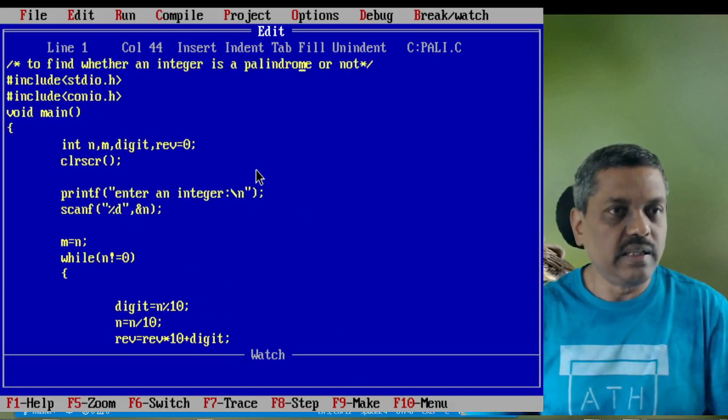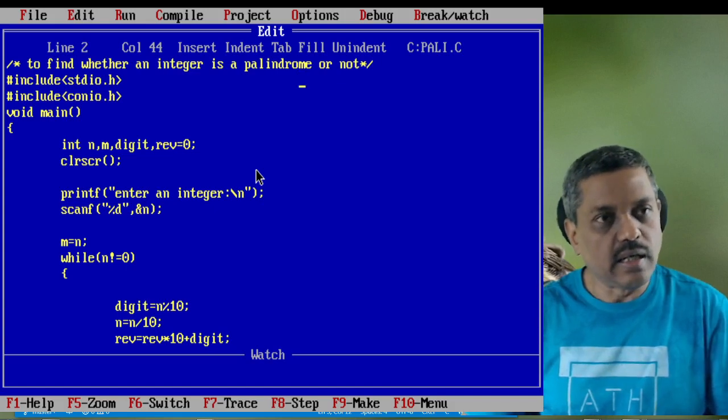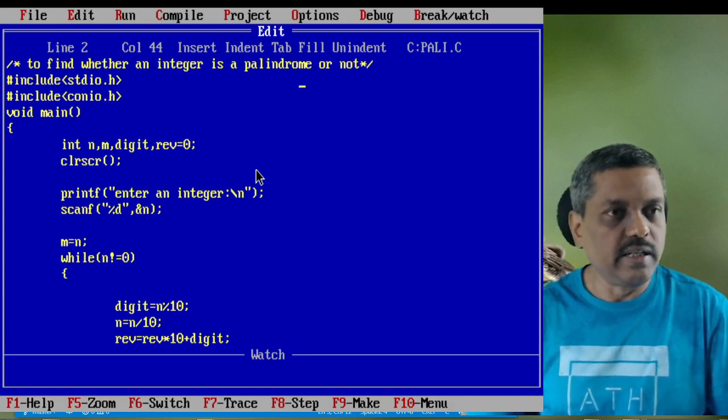You know that commenting is very important. I will quickly recap this and then include the header files as and when required: the standard input output and the console input output are added normally as header files. This will give the program the definitions of the library functions that are being used over here.